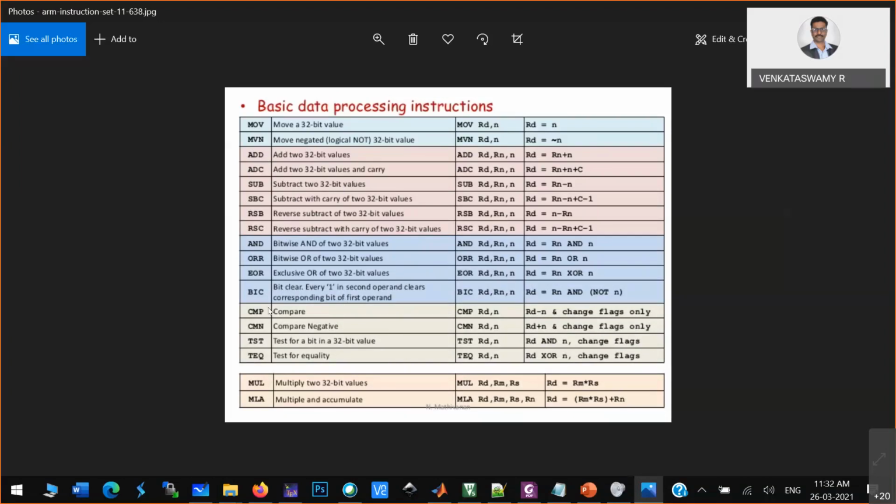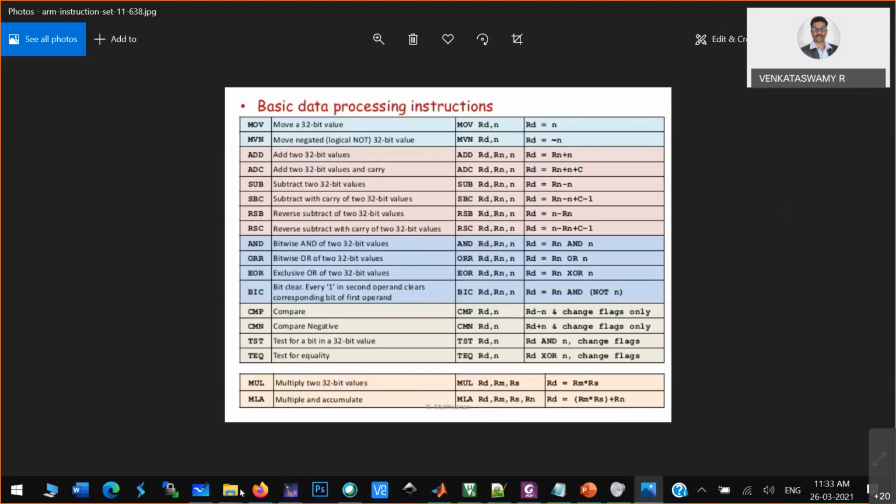All those things you have, and also branching instructions. All those instructions you have here as well, which is very similar to the instructions we learned in microprocessor and microcontroller. And the syntax we just have to understand. We just have to see some tutorial and understand the syntax.